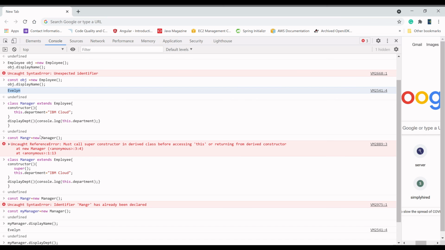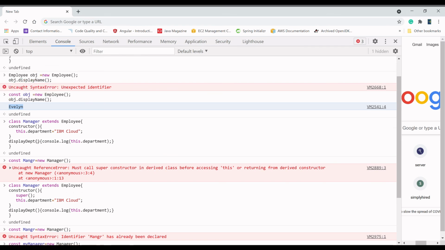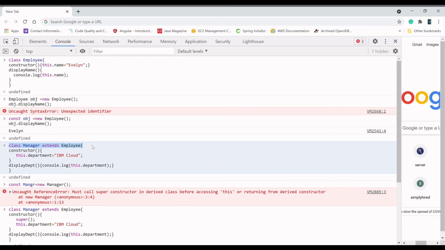You can see. Okay, when we came to the inheritance concept, I created one class constructor and it is extending Employee, right? And the constructor is now calling this.department as IBM Cloud, and display department is console.log this.department, right? So if we are not calling super inside the constructor in the child class, it will not access the super class attribute and property, right?